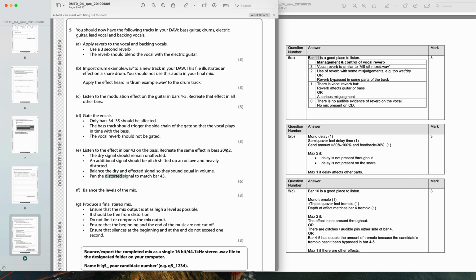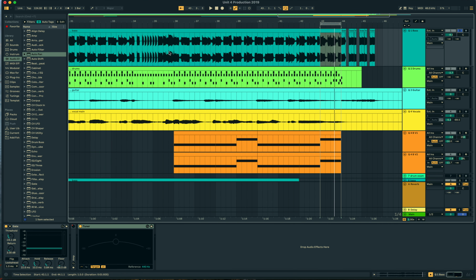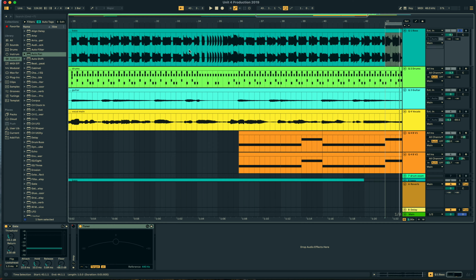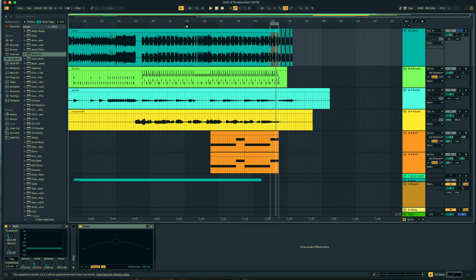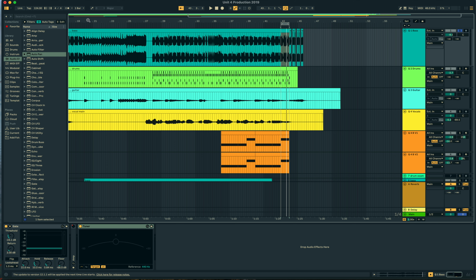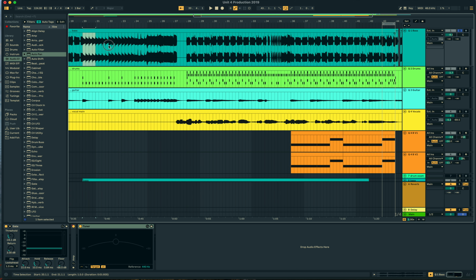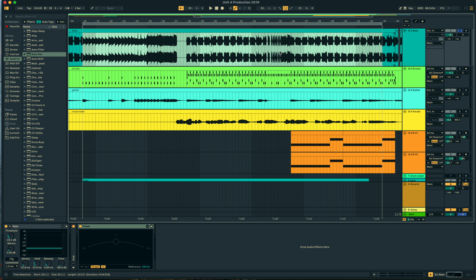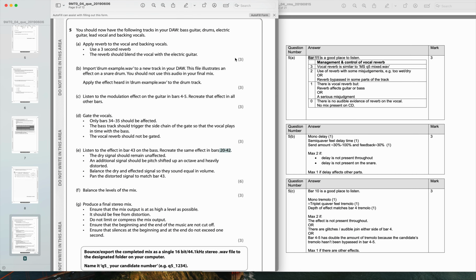They want you to recreate it for bars 20 to 42. So all I'm going to do is this, on that track, I'm going to highlight bars 20, which is here, all the way up to 42. So that's quite a lot, isn't it? Which is right there. So again, highlight it, loop it. That's exactly where this effect needs to take place. So I'm now going to